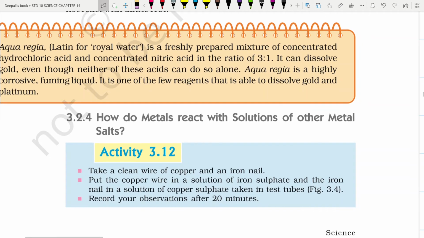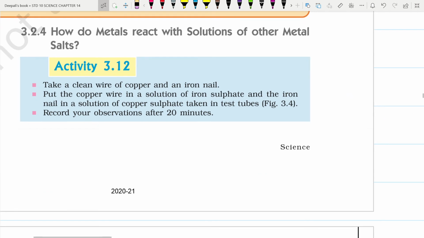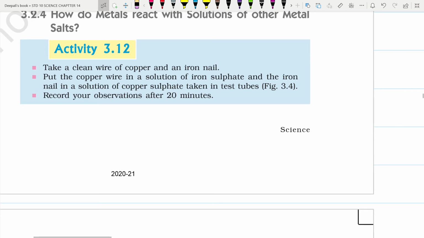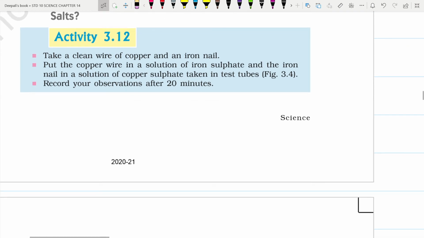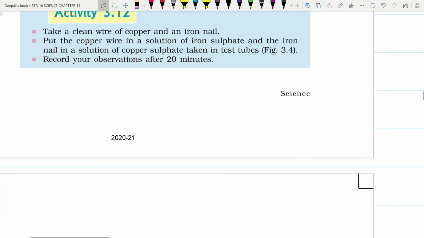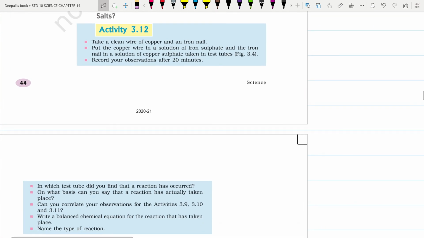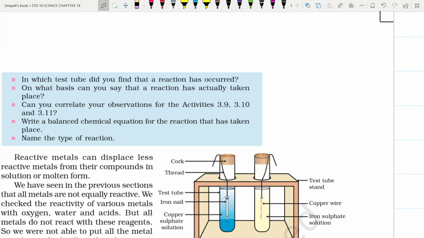Now let us see the next property. How do metals react with solutions of other metals? Take a clean wire of copper and an iron nail. Put the copper wire in a solution of iron sulfate and the iron nail in the solution of copper sulfate taken in the test tube. Record your observation after 20 minutes. In which test tube did you find the reaction to occur? Obviously, we find the reaction to occur